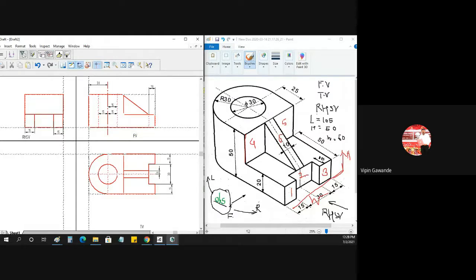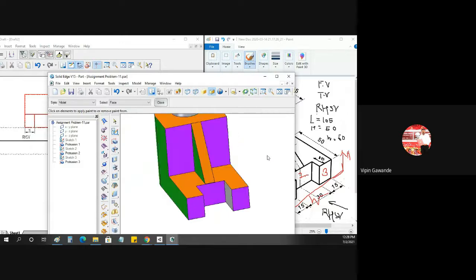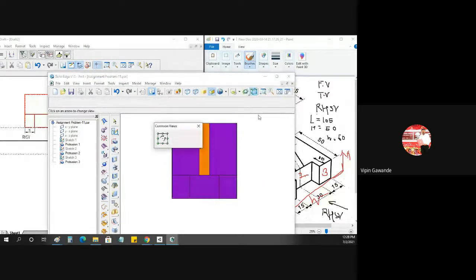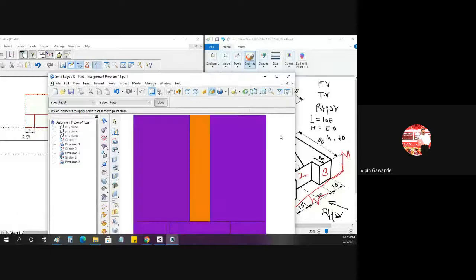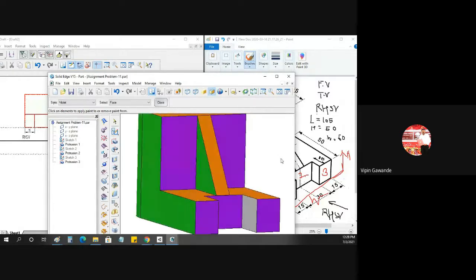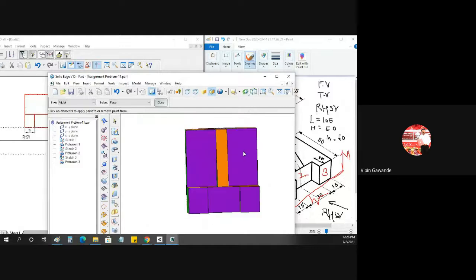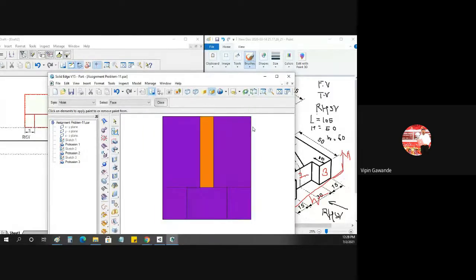I have told you this rib is inclined. See, in between these two, this is 4 and 5, and this is 6. Now there is a rib, and I have told you the rib is inclined. Just make it straight. If you make that rib straight, it becomes a rectangle, so it looks like a straight vertical surface. Whatever inclined surfaces are there in the three-dimensional drawing, just make them straight. So it becomes a vertical surface.